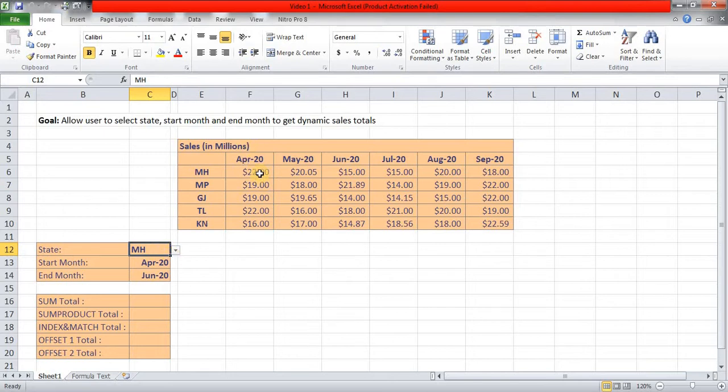So in the first step, we'll isolate these amounts which are for the state of Maharashtra, and then the second logic will be how many of these months are greater than or equal to the start month, and how many of the same months are less than or equal to this end month, and we'll combine these two logics inside SUM and then inside SUMPRODUCT.